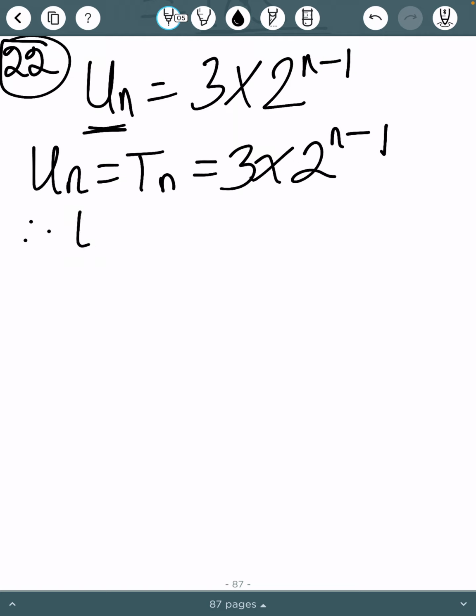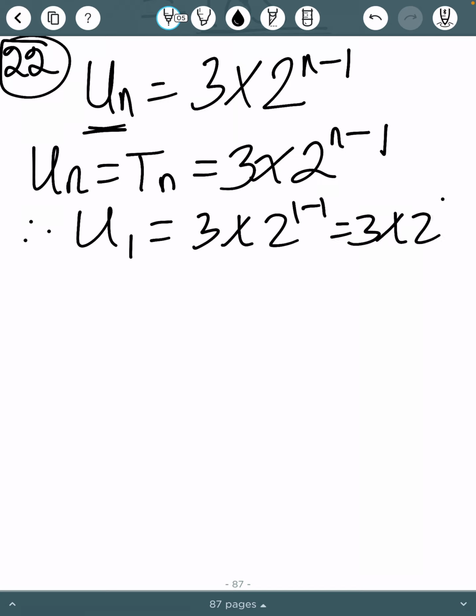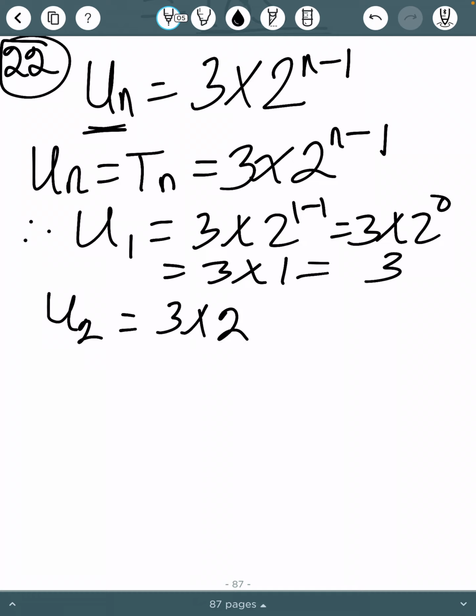Now this means u1, the first term, will be 3 times 2 raised to power 1 minus 1, which will give us 3 times 2 raised to power 0, which will give us 3 times 1, 3. So that means also the second term will be 3 times 2 raised to power 2 minus 1, which will give us 3 times 2 raised to power 1, which will give us what? Which will